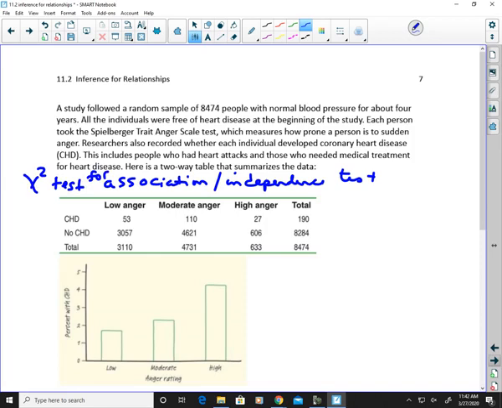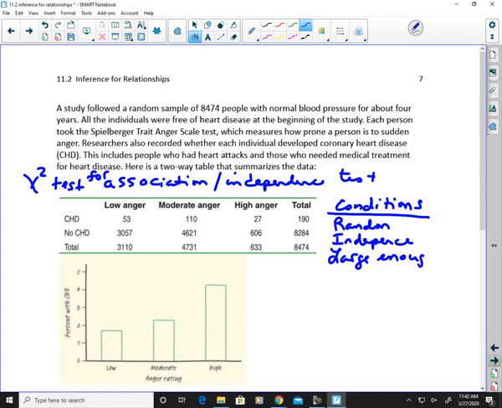So we would go through our conditions. In the interest of time, the conditions, you would look at your randomness. You would look at your independence. I feel like we know what to do in this situation. We would look at our large enough. So that one being the main one in this situation, let's put this data into our calculator,